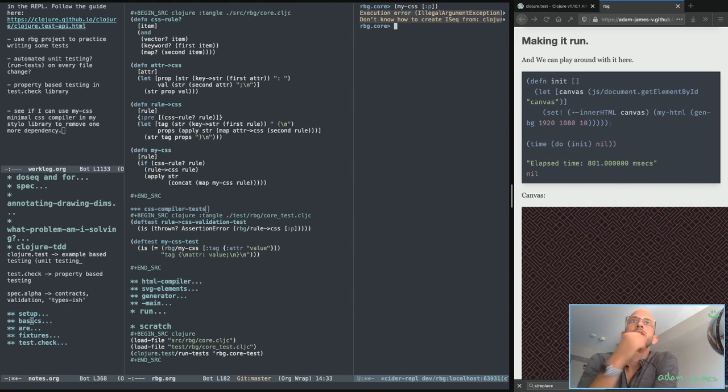Right, because what's happening right now is it's failing this. So instead of running rule to CSS, it runs apply string concatenate map my CSS to rule. So what I need it to be is, I need a stronger